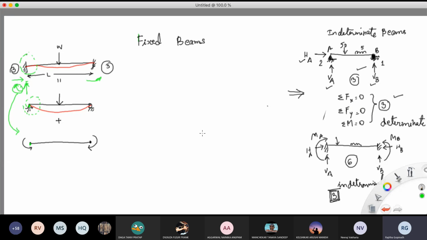Now what we need to analyze is what happens to this beam. This beam को I can surely analyze. इसका तो bending moment find कर सकते हैं ना? What's the bending moment diagram for this beam? Rajita, can you explain from the point of fixity, like how it becomes a negative supported?